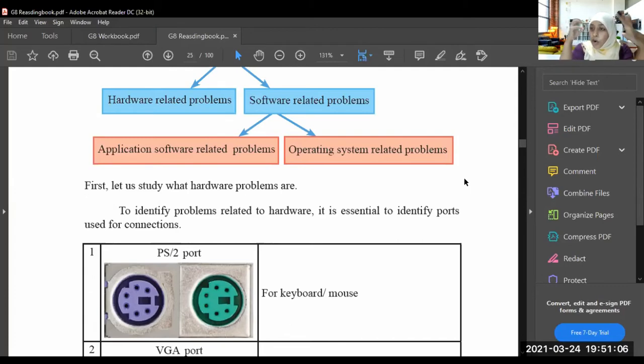So there are ports in the computer which you use to connect the hardware devices to your computer. Now understood what are ports? So, before learning about the hardware problems, you should know what are the ports used for connections.